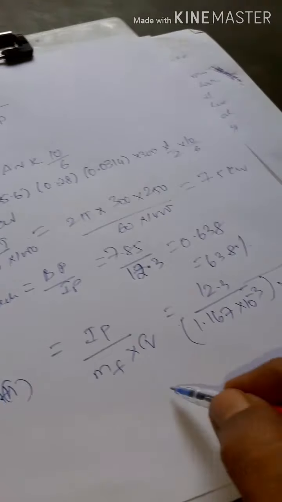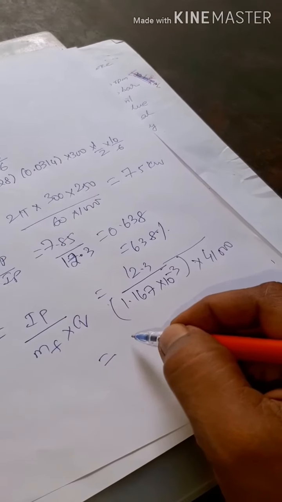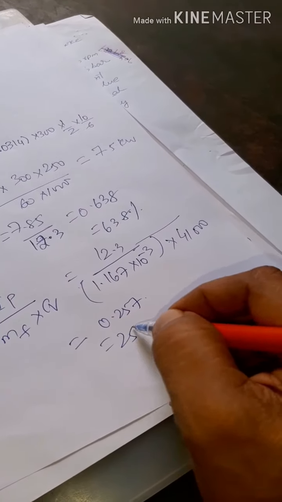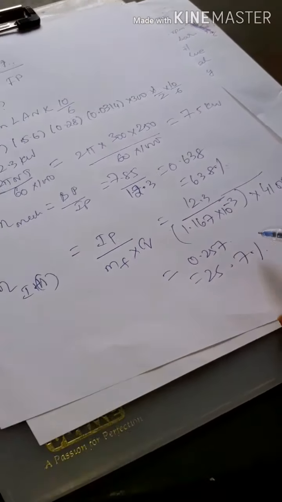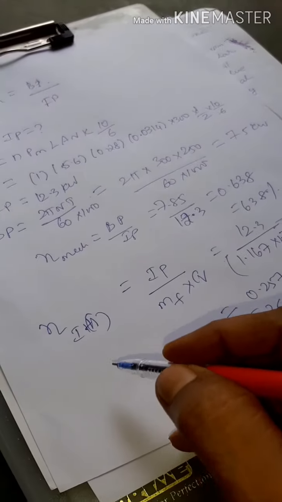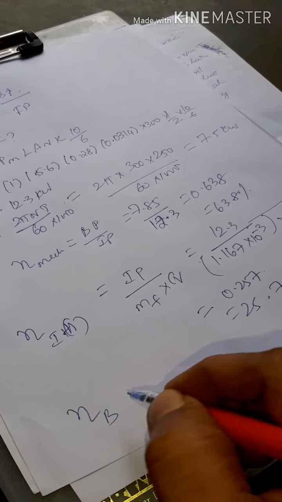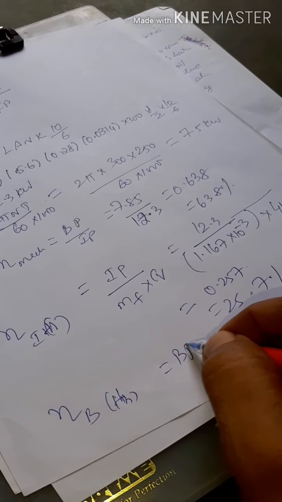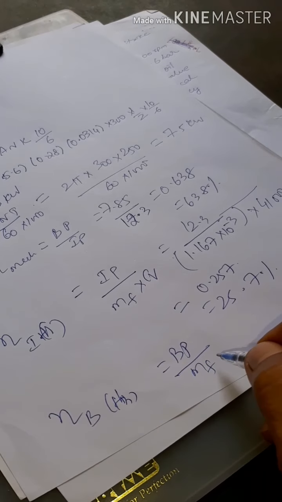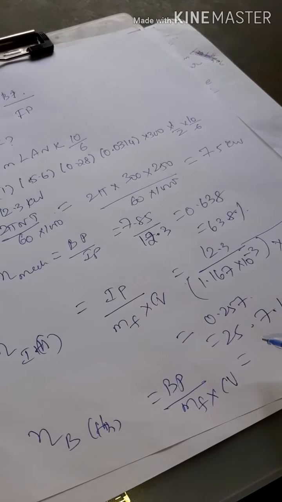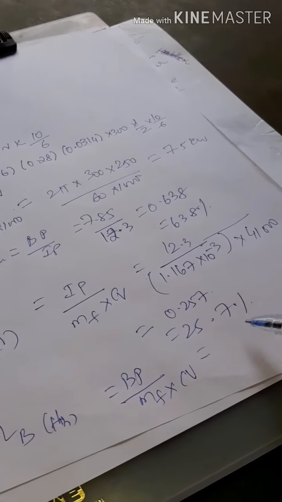So we are going to get 0.257 or 25.7% is the indicated thermal efficiency. So brake thermal efficiency, you have to use BP divided by MF into CV. So use brake power formula, brake power value, that is 7.85